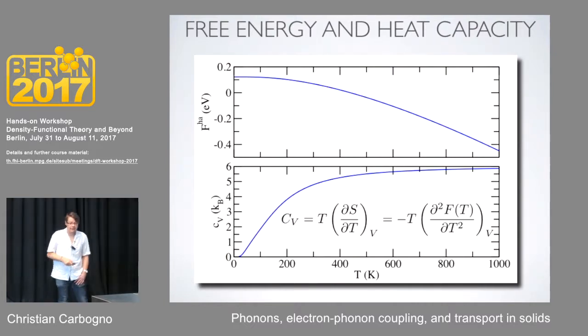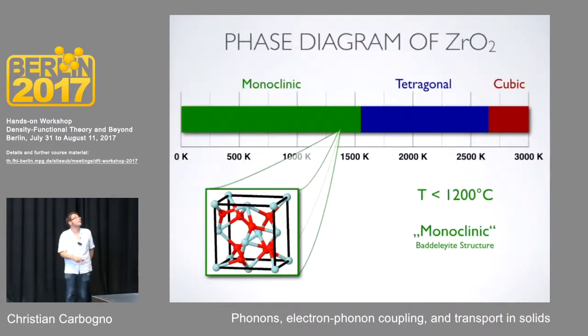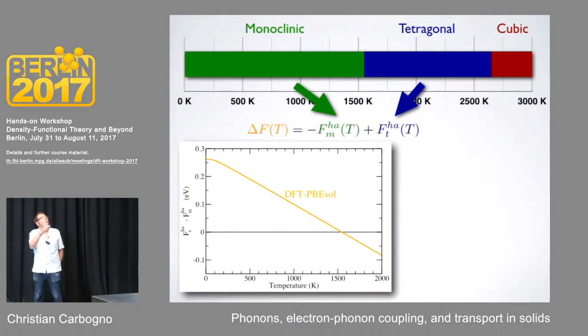Good. So much for the basic theory. What can we really do with that, and what can we learn from it? Let's go back to the zirconia I told you about before. This system has three different phases. You have a monoclinic structure at very low temperatures and a tetragonal structure at medium temperatures, and if you want to know when and how this phase transition happens, you need to account for the free energy. So what you need to calculate is not only the energy of these individual structures at the ground state level, but also how the nuclear vibration changes it.